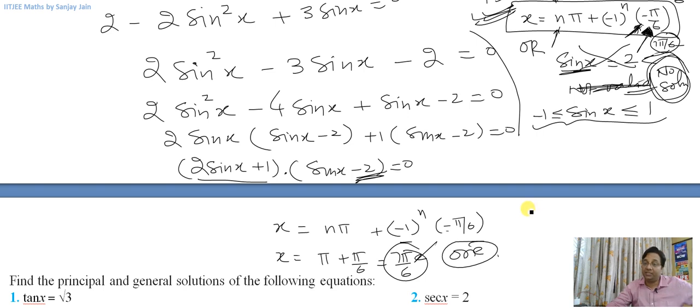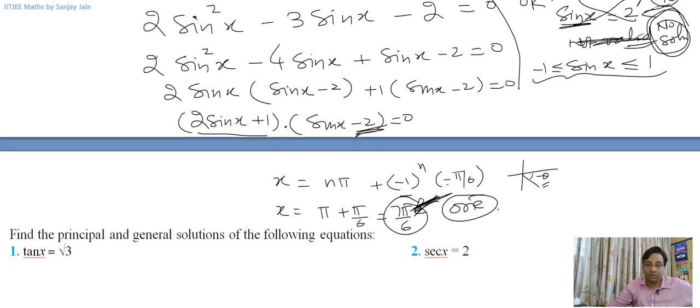In case of sine, if I have got some negative values, I prefer placing minus theta, right? Because that is simple, that is direct, right? You can place it directly there without thinking twice, and you can very well obtain rest of the values from a general solution. We are writing a general solution, so it doesn't matter which value you write there in that bracket in place of alpha. Okay, anyhow, this general solution is going to give us infinite number of solutions.